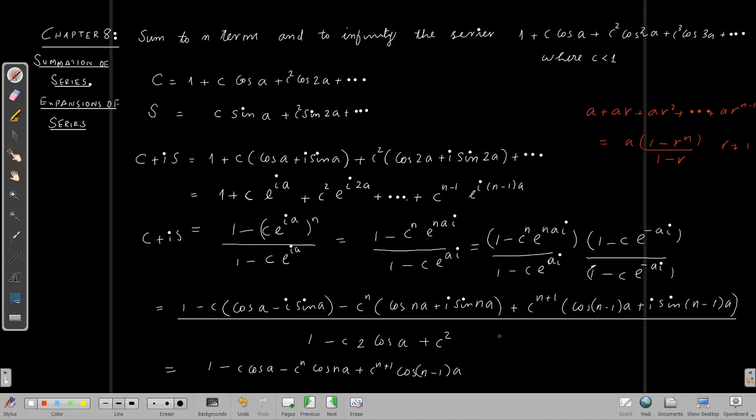This is the real part divided by the same denominator, 1 minus 2c cos a plus c square, plus i times